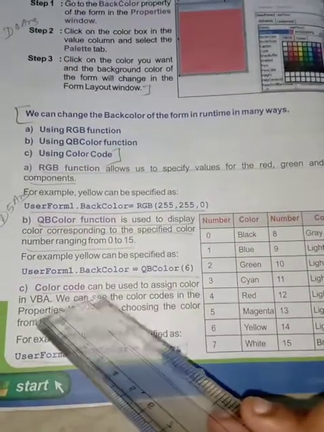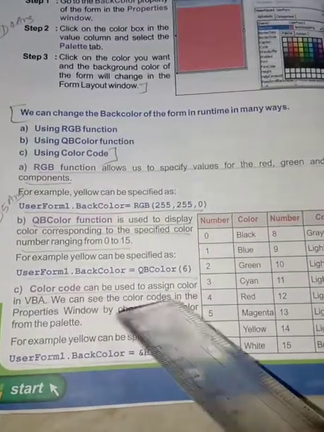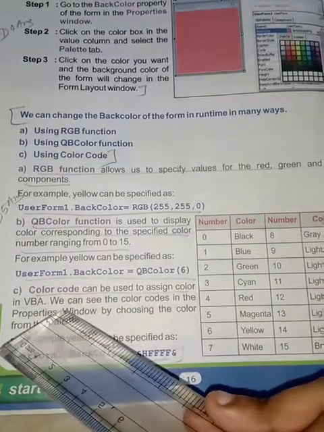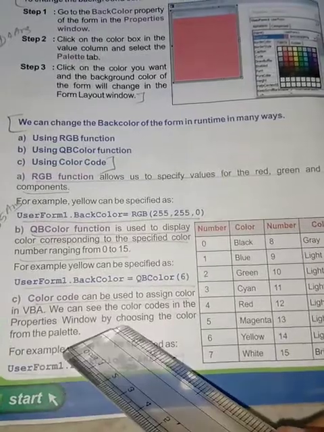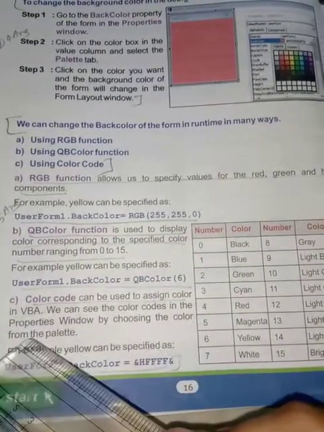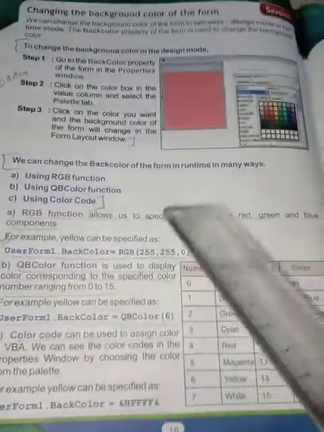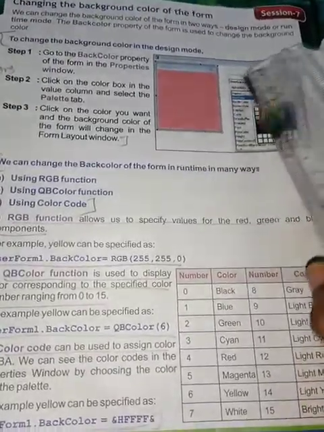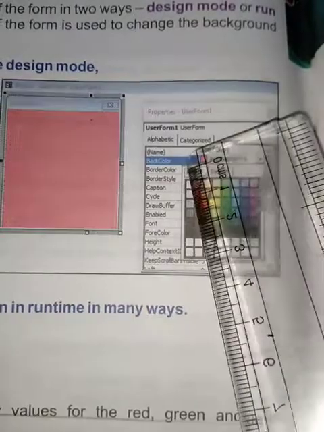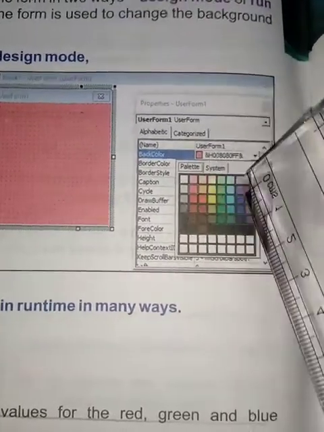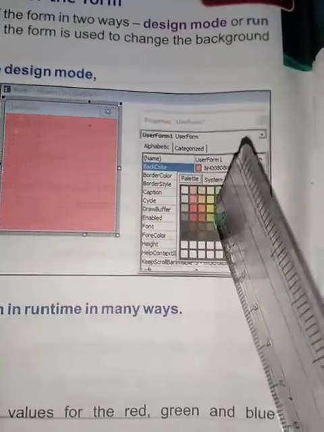Color code can be used to assign color in VBA. We can see the color codes in the properties window by choosing the color from the palette. We saw that here, right? In the properties window, you go to the back color and select the palette, and in this you select whichever color you want as the back color.